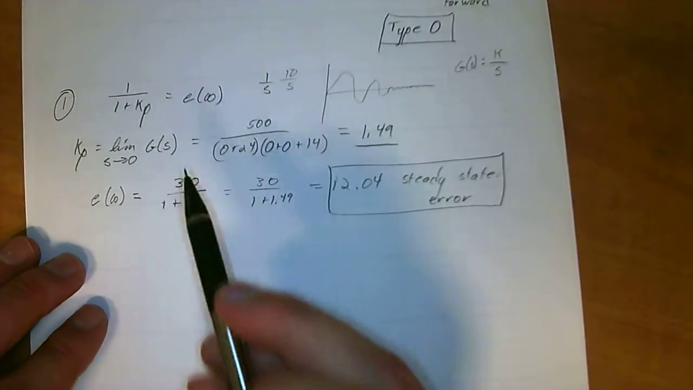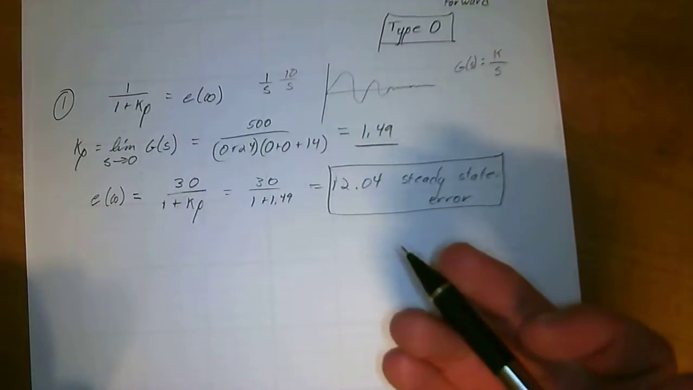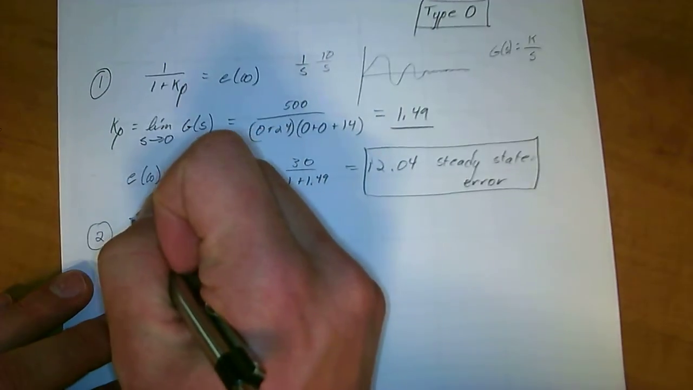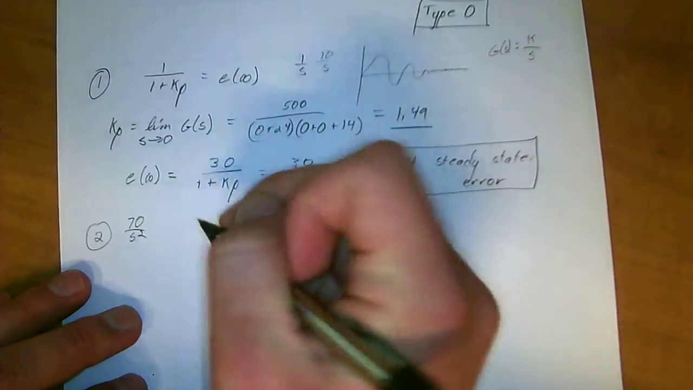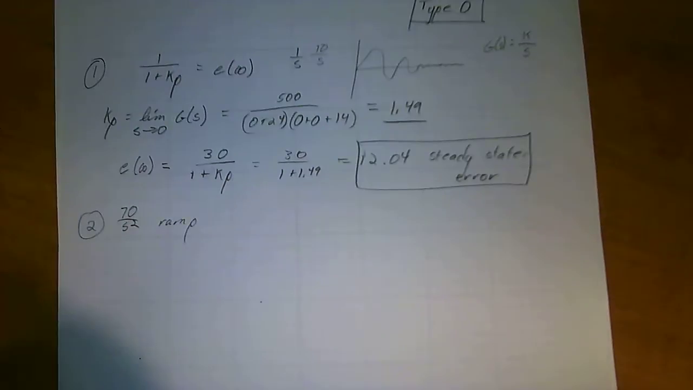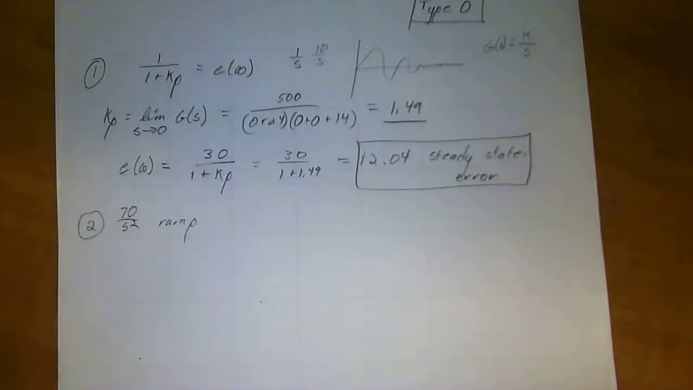So, that's for our step input. Now, we're going to go on to a ramp input, number 2, and we have an input of 70 over s squared, remember, ramp input. I'll mark this down so it's a little clearer. And looking at our table again,